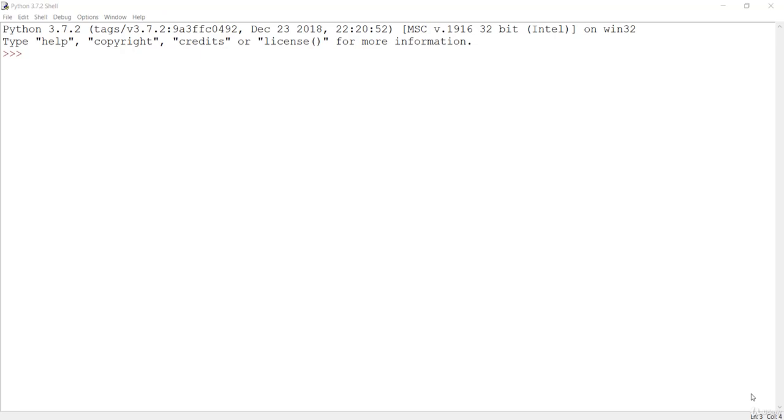Welcome to this lecture. This lecture is about object-oriented programming. Python supports multiple programming paradigms. We have already seen functional programming, that is defining functions to do tasks, following the DRY principle, that is don't repeat yourself, and we have learned about packing and unpacking arguments through functional programming. Now in this lecture we are going to learn about objects.